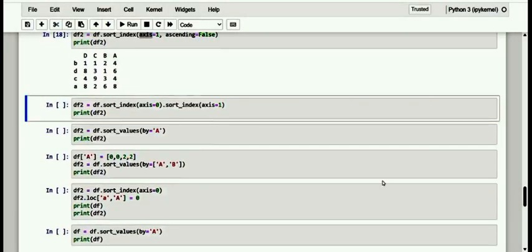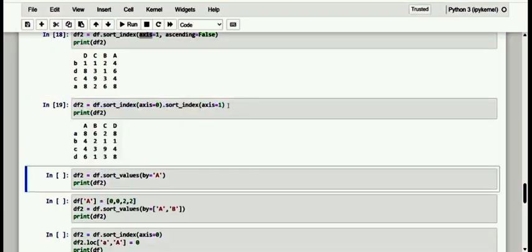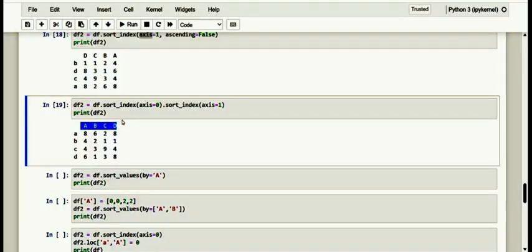So see here, first let me make it by the row, so axis is equal to 0, and chaining it with axis is equal to 1. Kindly observe, A, B, C, D in the row wise and A, B, C, D in the column wise. Both are in the sorted manner, which is the arrangement of a chaining methodology.